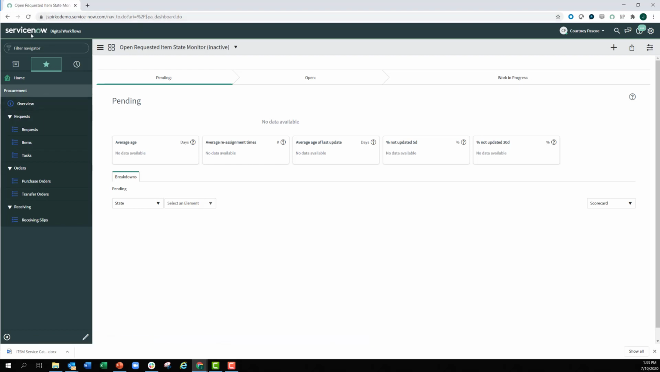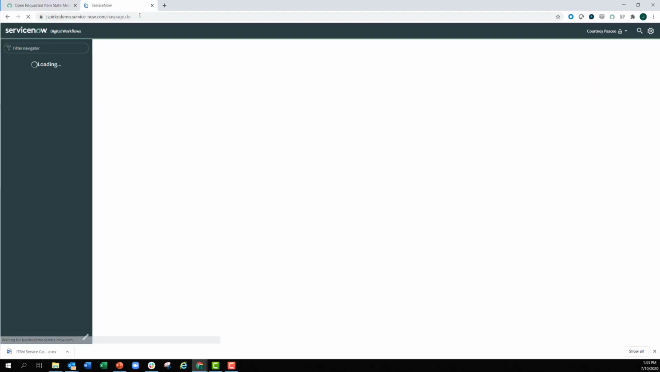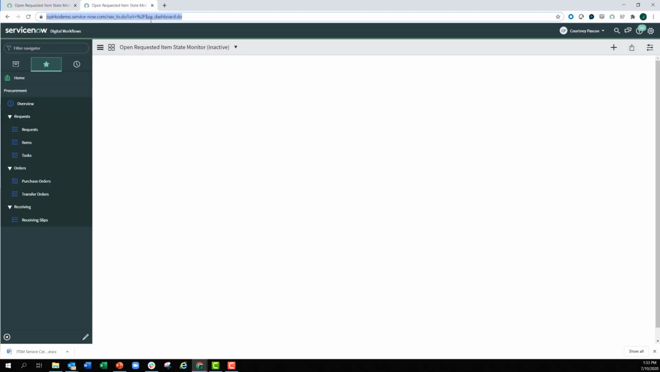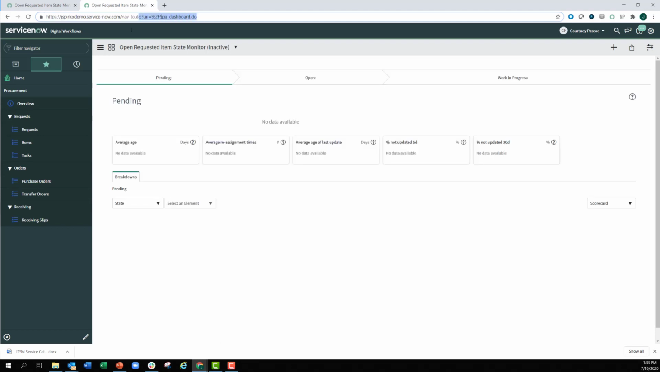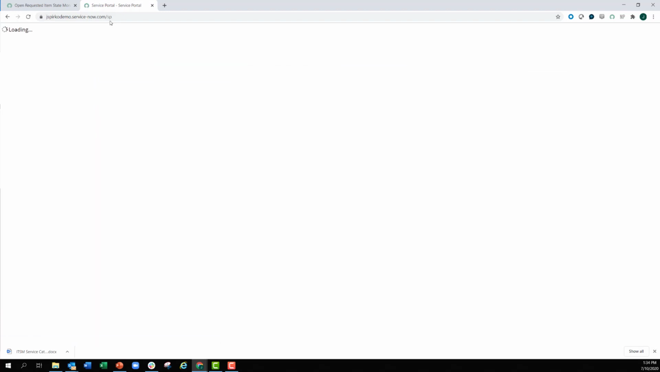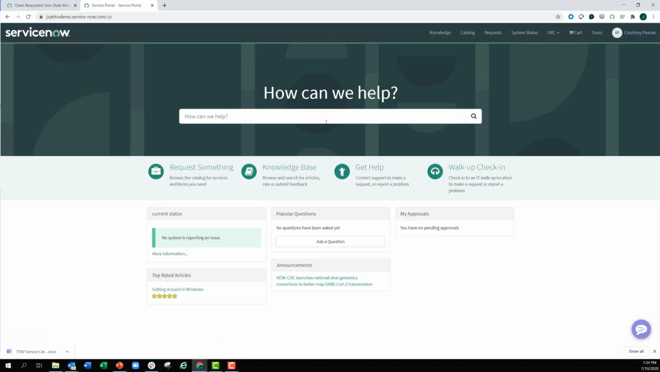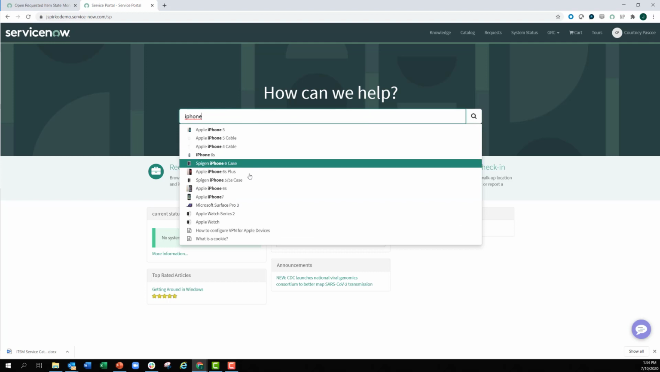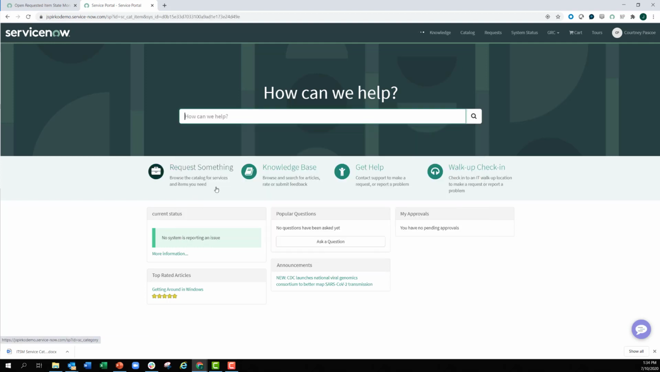But before you do that, if you right click on your tab and say duplicate, I want to go ahead and create a request so you can see it traced the whole way through. So logged in as you, I'll put an SP at the end of the URL and it'll bring me to the service portal. Then I'll be able to add a few things to my shopping cart. I'm just going to add an Apple iPhone 6s,